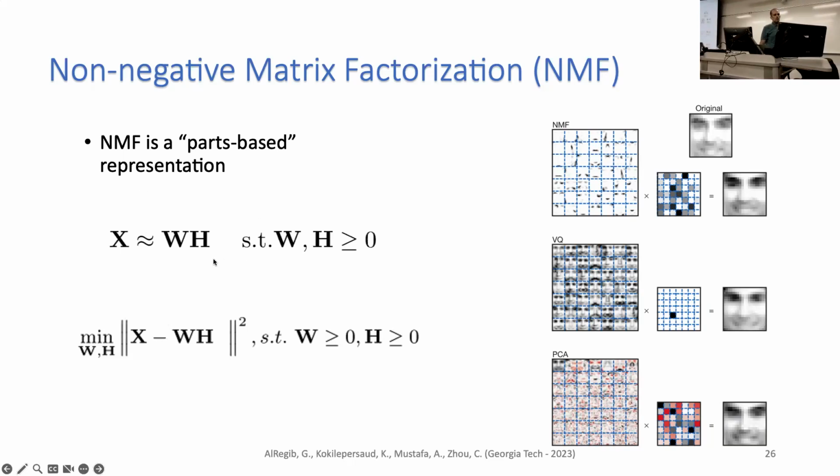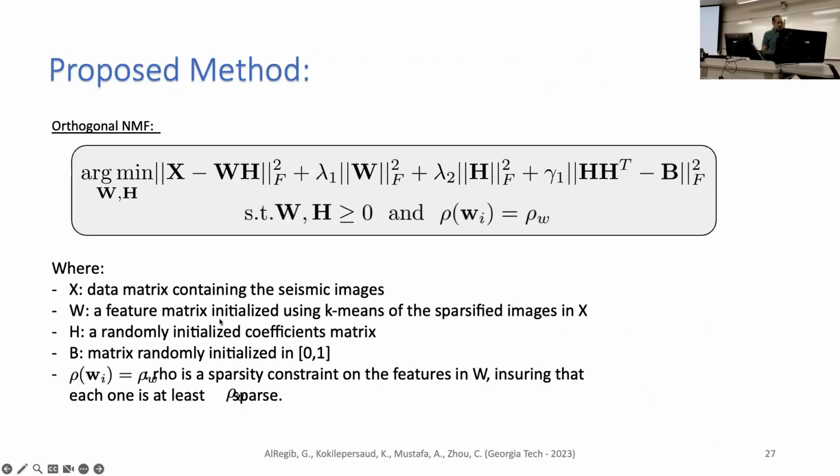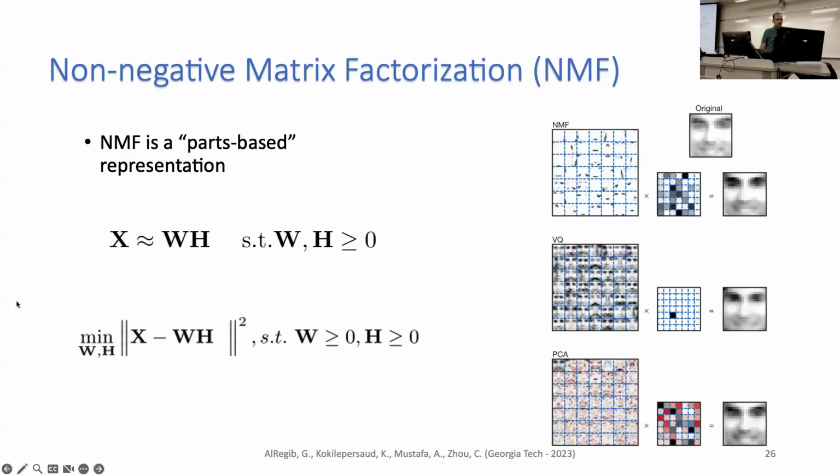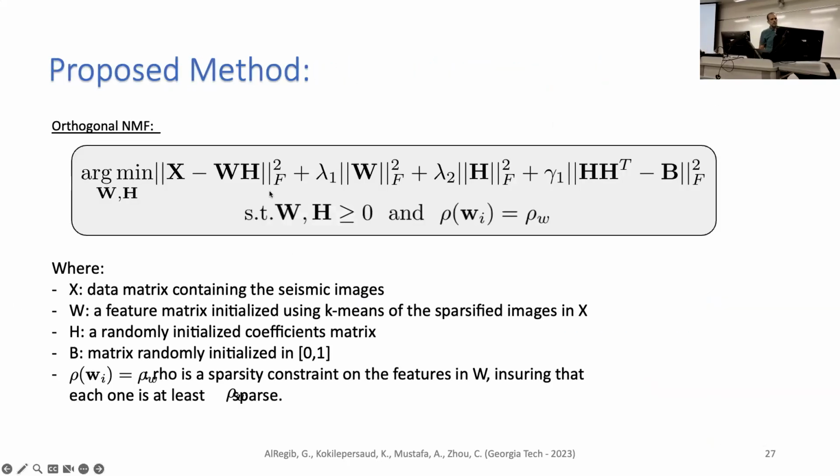So usually you will have this as non-negative. That's why W and H are zero or positive, and then you are really minimizing the mean square error, and that's the typical NMF framework. What my student did is, if you do it straightforwardly, it does not really work very well on the geophysics application. So what he did, this is the formulation. You need to manage or control the magnitudes of your